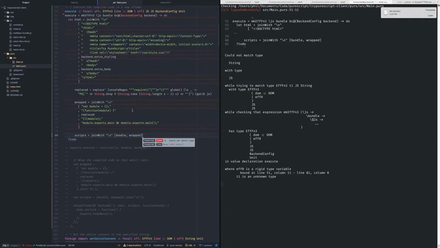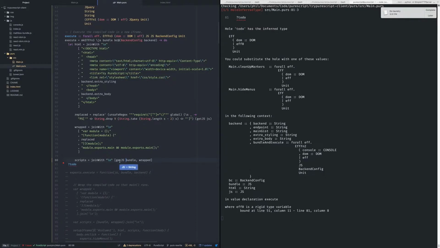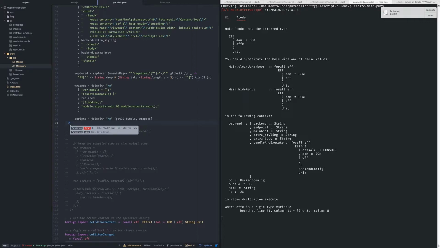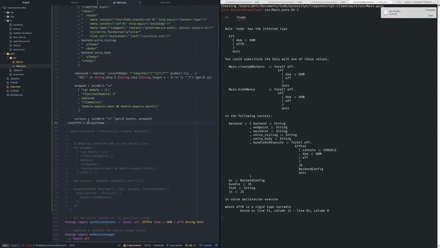Okay, so string with JS doesn't seem too happy. That's trying to check that expression has type. It's taking JS as this argument, which is bundle, and bundle is used here, so we need to call getJS here. Okay, now to do is should just be a simple case of calling setup iframe, and we need to use run fun4,